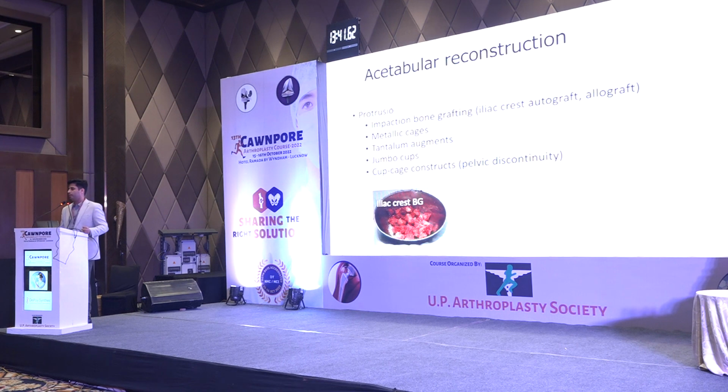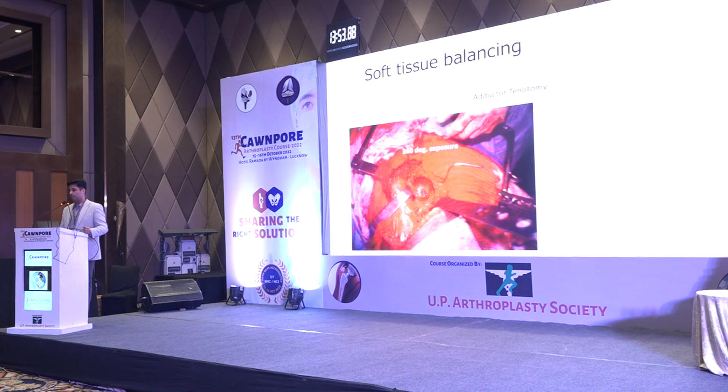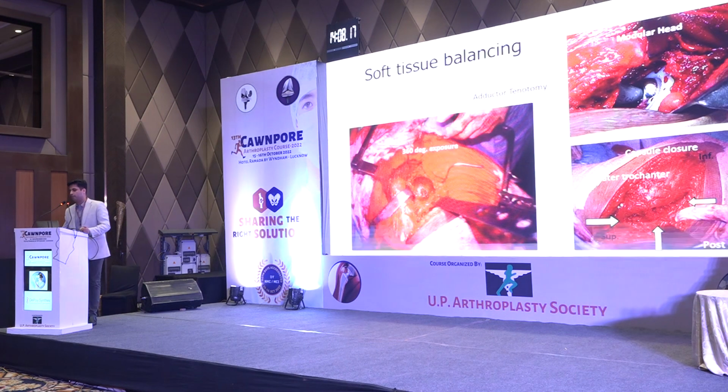Acetabular reconstruction, luckily for a failed bipolar, is not so difficult. You may need bone graft, so you can do impaction bone grafting, either from the iliac crest or take autograft, and there are other options available, as you have already heard in the lectures before me. But soft tissue balancing is the key, and soft tissues have to be balanced. So have a clear idea in your mind about how much tension you want in the soft tissues as soon as you put in the definitive implants, and try to replicate that when you do the surgery.